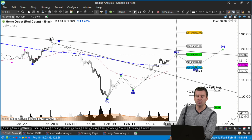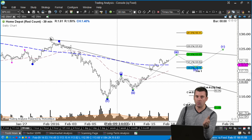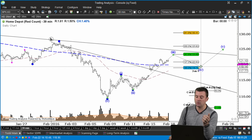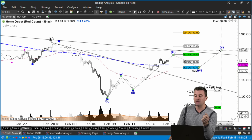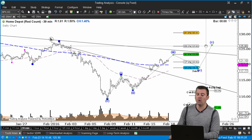So here's what's interesting on Home Depot. We're up almost to the 1.618 projection of wave 1. So take the wave 1 distance, if that was, call it 10 bucks, a $16.80 rally will become your wave 3 target. We should be settling into a wave 4 consolidation for a period of time, then go up in wave 5. I think we should have a little bit more upside to go, but